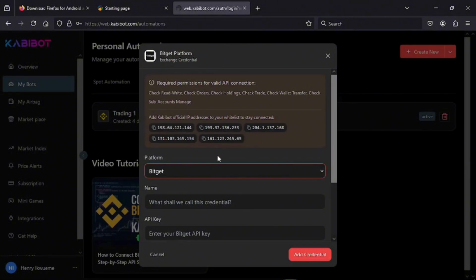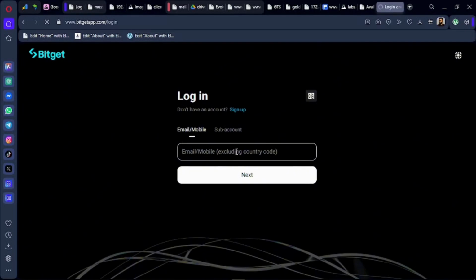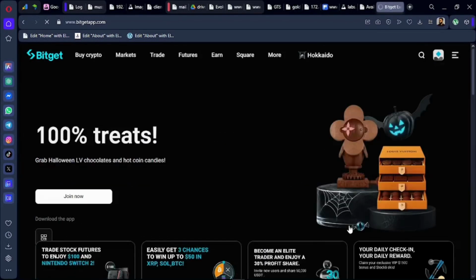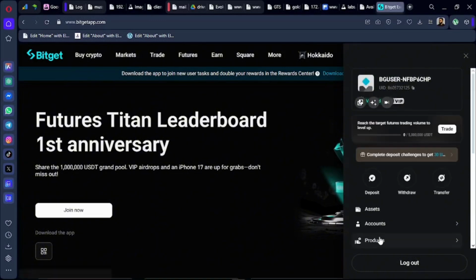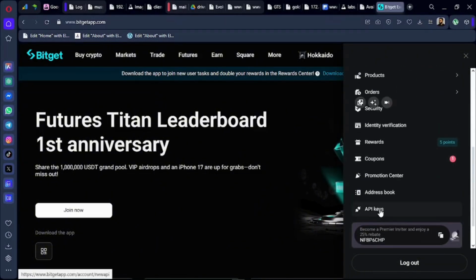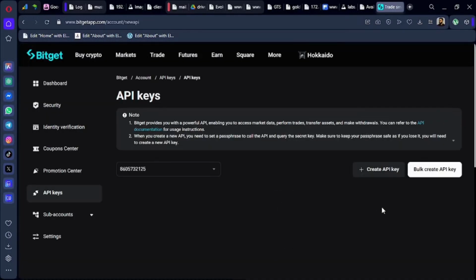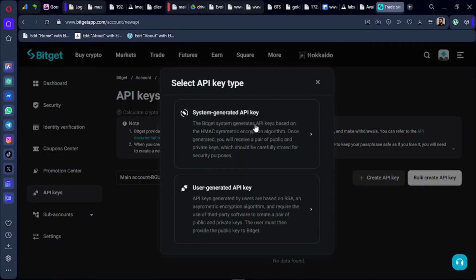So now we go to our Bitget account, you log in, you allow it to load up, then you go to your account section, or you click on your account icon, and then you scroll down to API keys. That is where we're going to be doing the linking. So you allow it to load up, and then you click on create API, select system generated API key,